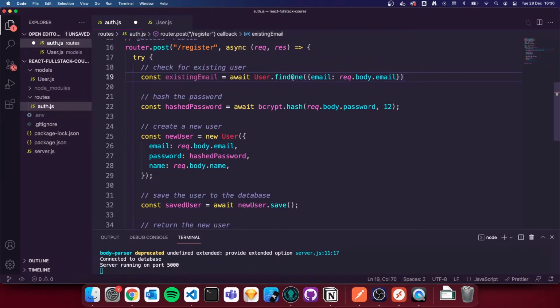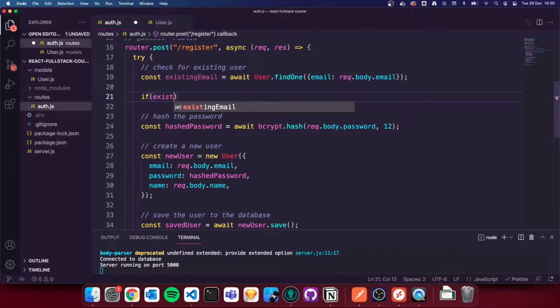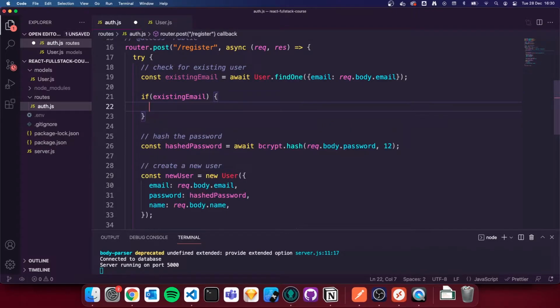So we're checking to see whether there is a user in our database with the same email as the one provided in our request. If there is an existing email, so if there is an existing user, we are going